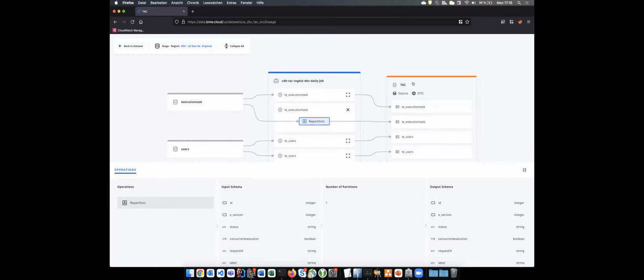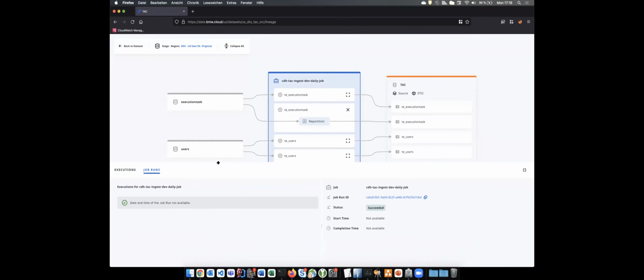And in the end, when this will be adopted by more of our data providers, it will really enable a very fine-grained lineage throughout the whole process. And what I can also see is the latest job runs. So here I see the job run ID that has been conducted for this glue job when it last run. But if there are more job runs of the same glue job, there will be also a history shown when those jobs have been running.